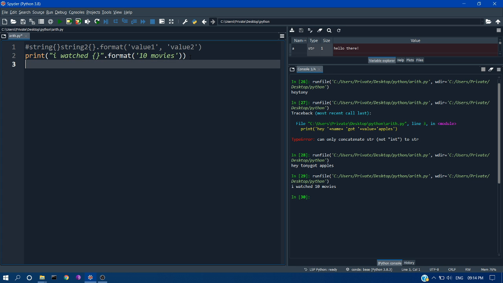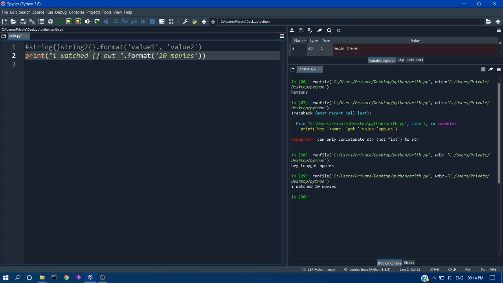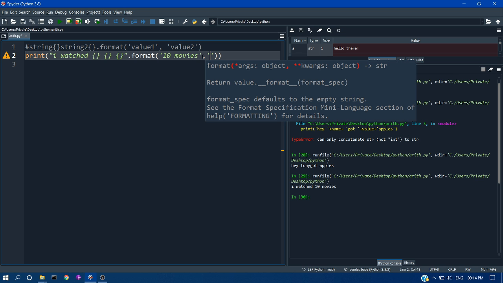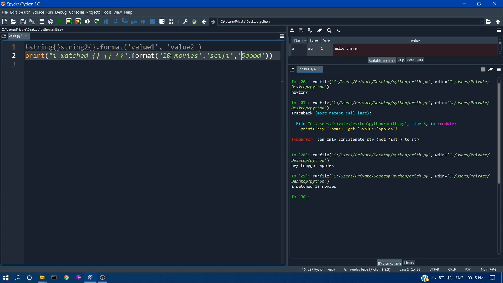There are a lot of advantages of the dot format method. The main advantage is that strings can be inserted using index position, which is very helpful if you want to insert many strings together. In the same example, let's pass the values by index. Here I have three things: 5, good, and sci-fi.